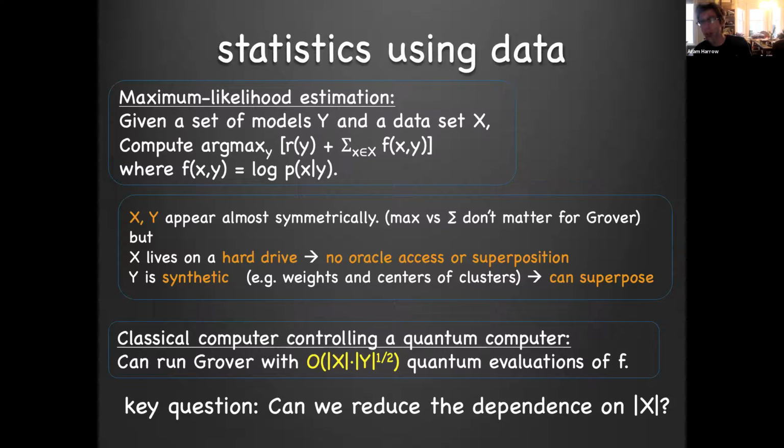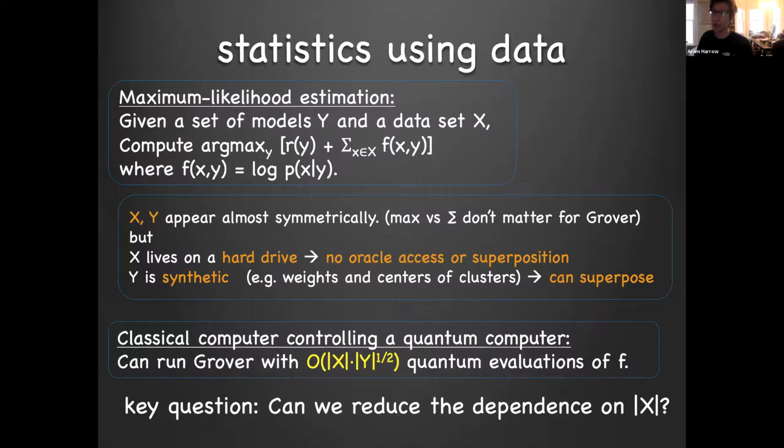So what you could do then is you're not literally Grovering over every single weight in the neural network, because that would be wasteful. Gradient descent is a good algorithm, but you're Grovering over starting points for gradient descent and then running a short gradient descent. So that's one answer. Another answer is,